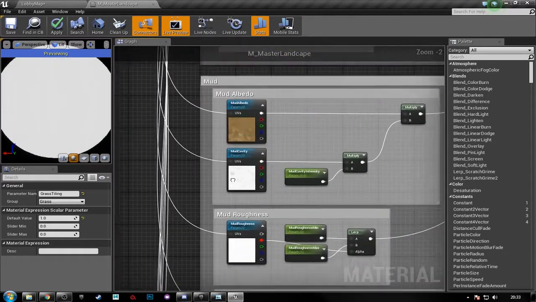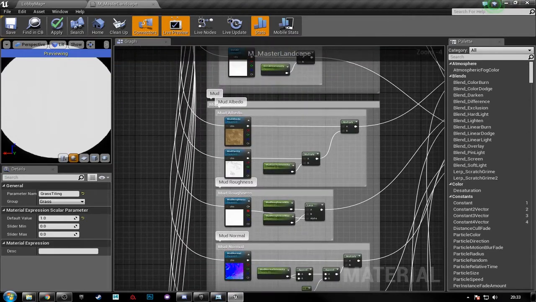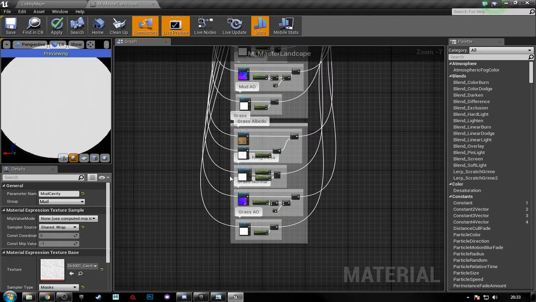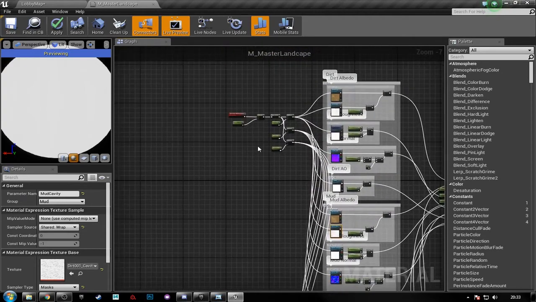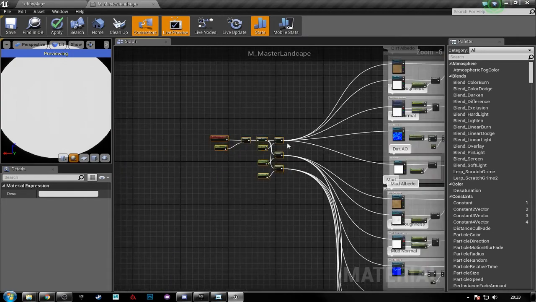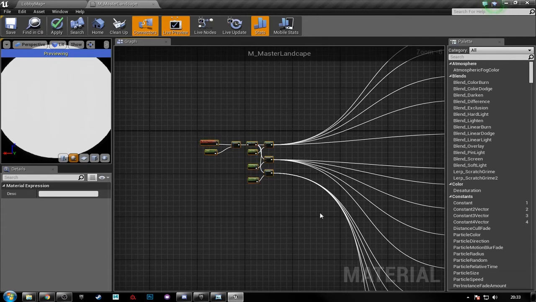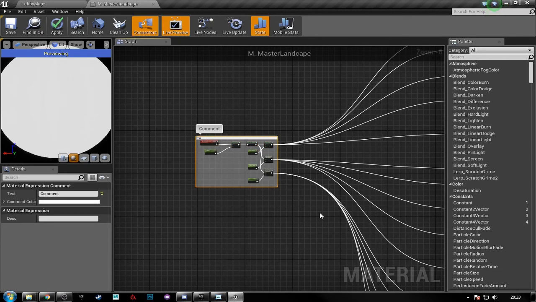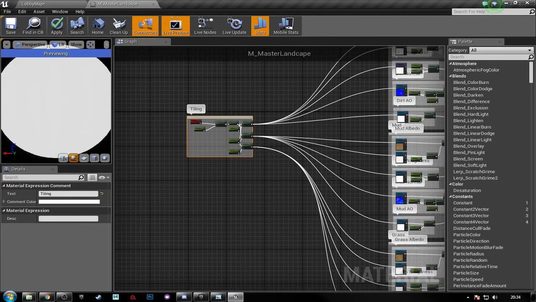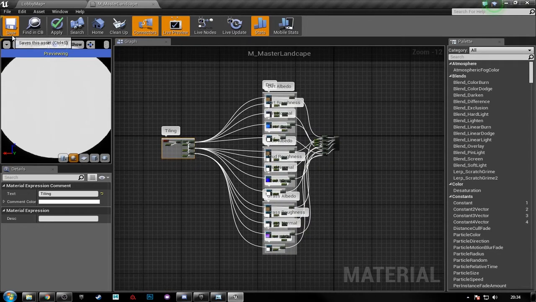Now we haven't set up any of our diffuse or any of our maps yet. As you can see, they're all still set to dirt. That's okay, we can keep them the way they are just now, and I'll show you why in a second. So if we drag this out to about here, put a comment around this, and we'll just call it tiling. Okay, and if we save this out,